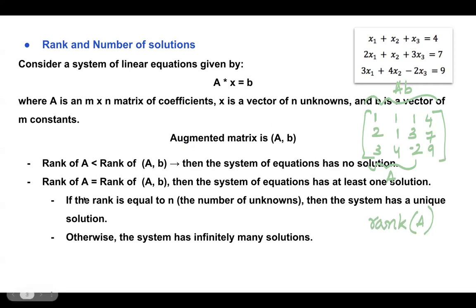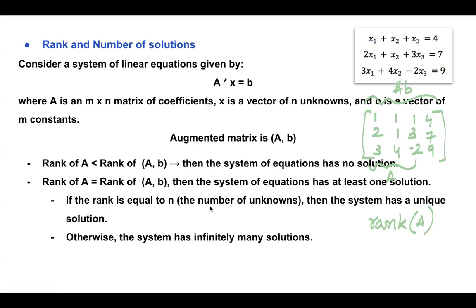If we find that the rank of A and the rank of the augmented matrix match, then it is a guarantee that you have at least one solution for this problem. But if the rank of A is equal to the rank of AB, and that is equal to the number of unknowns, here we have 3 unknowns. So if the rank of A is 3, the rank of AB is 3, and the number of unknowns is also 3,